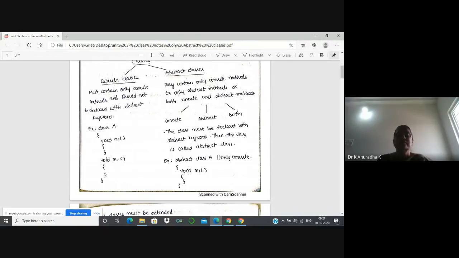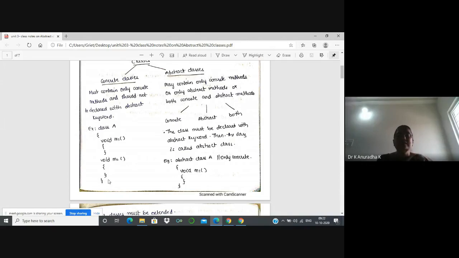There is no keyword concrete. Now this is the concrete class. How to identify whether it is a concrete class or not is using these 2 points. First point, concrete class, means here A is a class. So a concrete class should not contain abstract methods, or the other way, a concrete class must contain only concrete methods and that class should not be declared with abstract keyword.